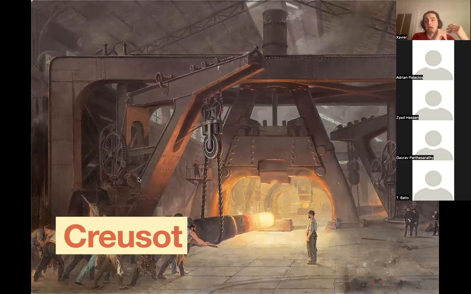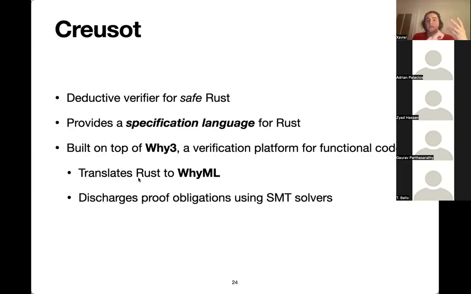Now, Creusot, on the other hand, is an actual tool that's built on this technique, capable of verifying relatively complex code in Rust. In particular, because we're based on this prophetic technique, we only attempt to verify safe Rust code. So we don't make any efforts to verify unsafe code. Our current approach is to say, if you want to verify unsafe code, you're better off doing it in Coq by hand and then proving a safe interface, and then abstracting the unsafe code away in Creusot.